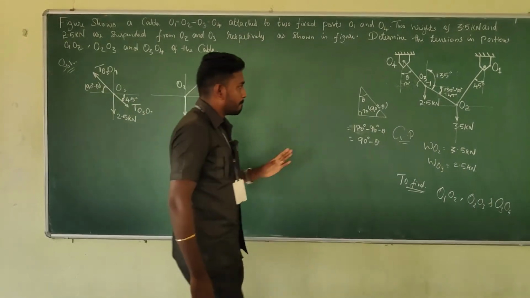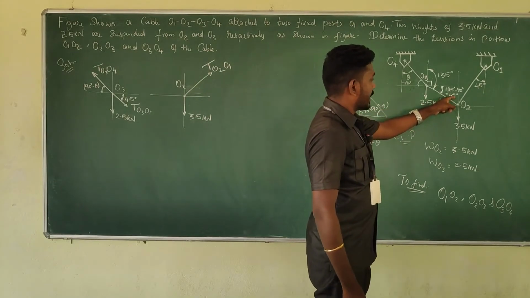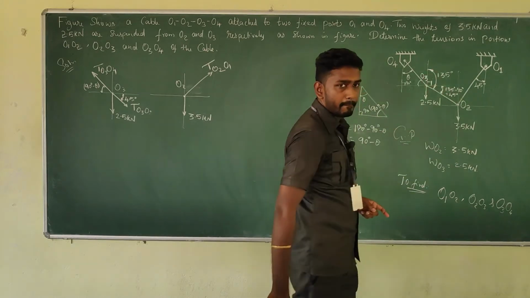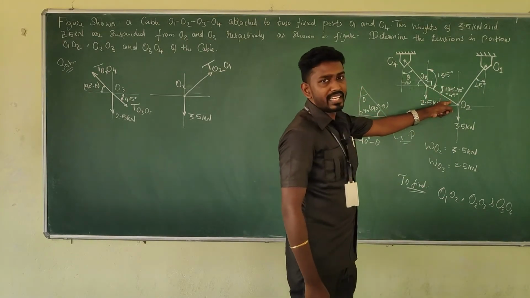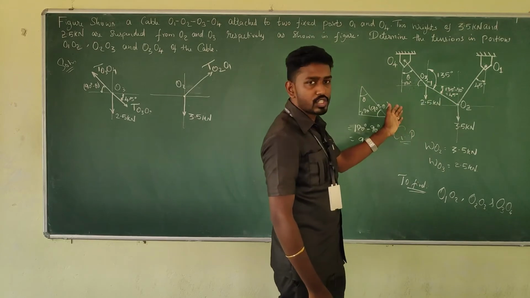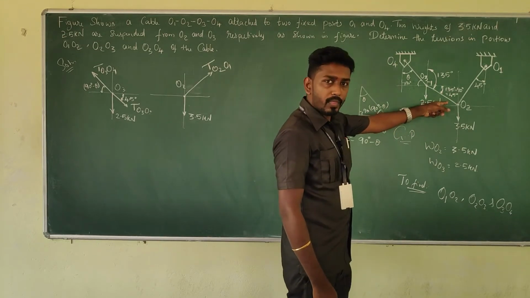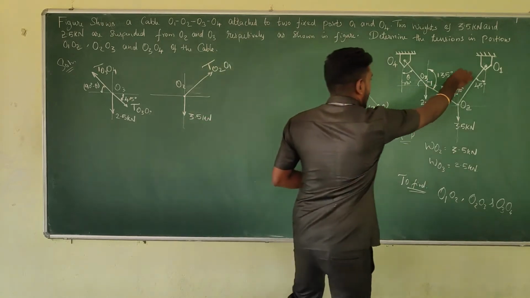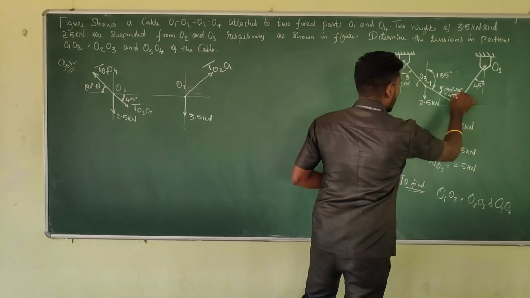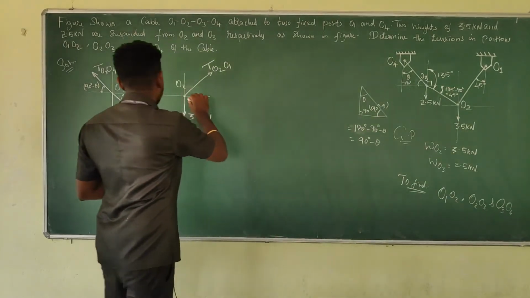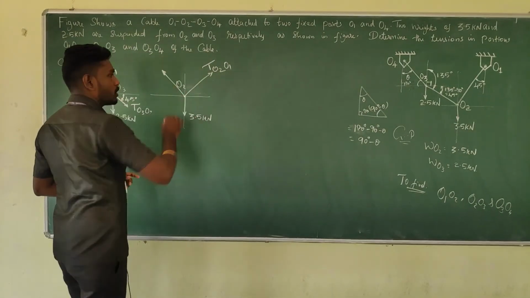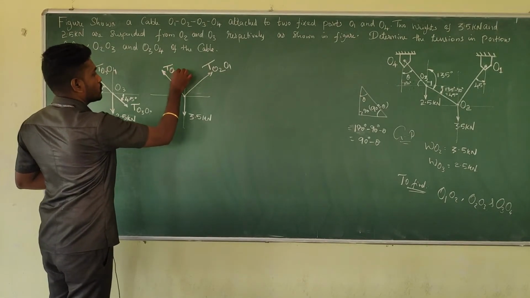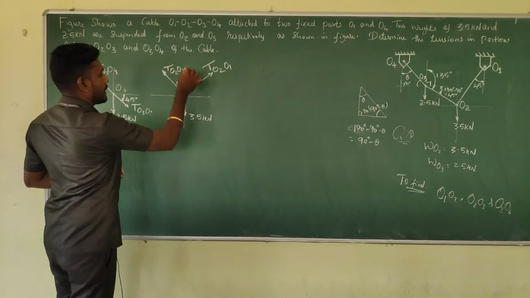And then when you come to the second quadrant, here there is a cable connection from O2 to O3, right? So there must be a tensile force which will act just outwards from O2 to O3. So if you draw just cross line, it comes in the second quadrant. So somewhere here it's gonna happen. Here is the tensile force T O2 to O3.